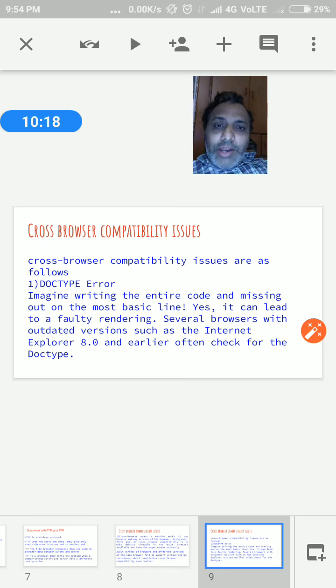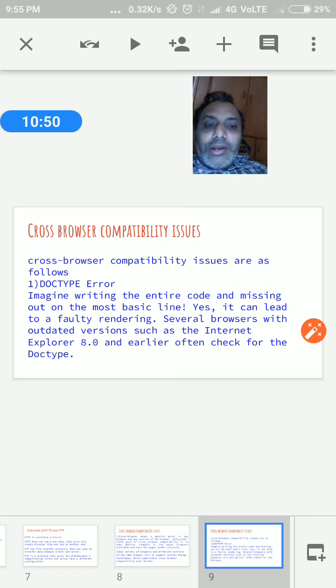When we create HTML code from start to end, if you do not put the doc type, it means we create the code in old HTML technology. Suppose I create code without any doc type. Then the code will run, but it will not be supported by the newest versions of the browsers. That is the meaning of that.